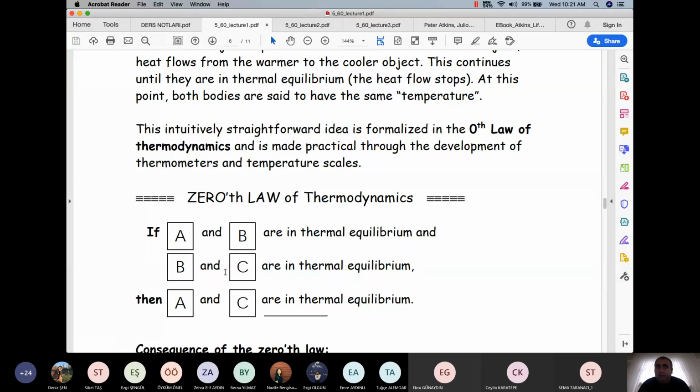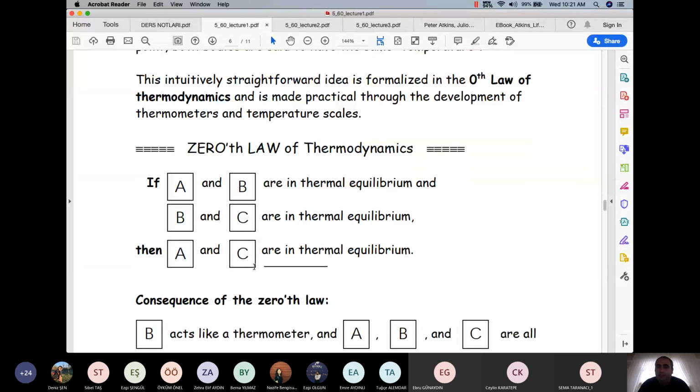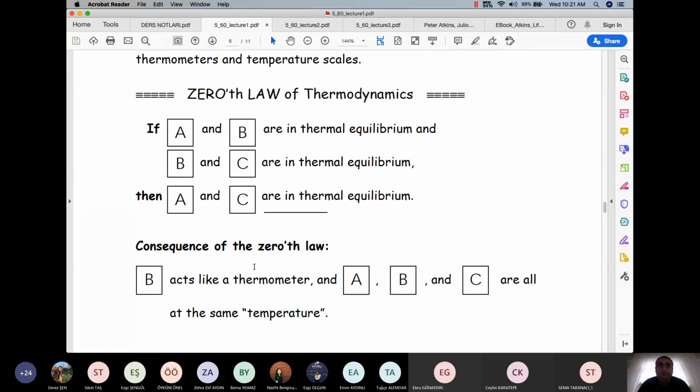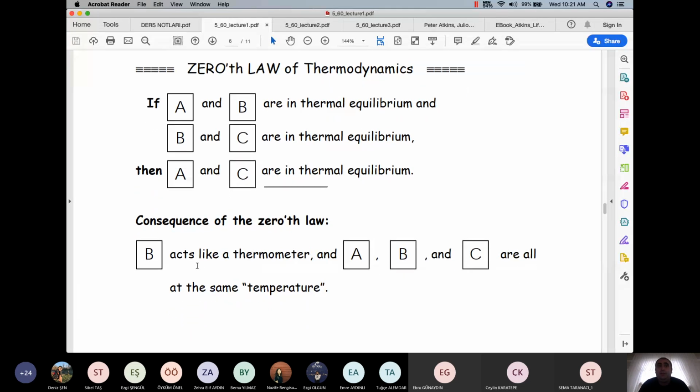You can read the reading when it comes to equilibrium with C. If it is the same, then A and C must have the same temperature. This is how you create temperature measurements or comparisons between different systems. So B acts like a thermometer, and A, B, C are all at the same